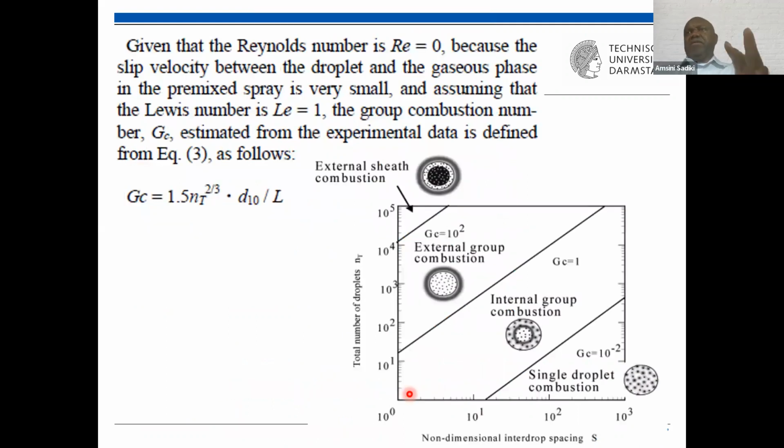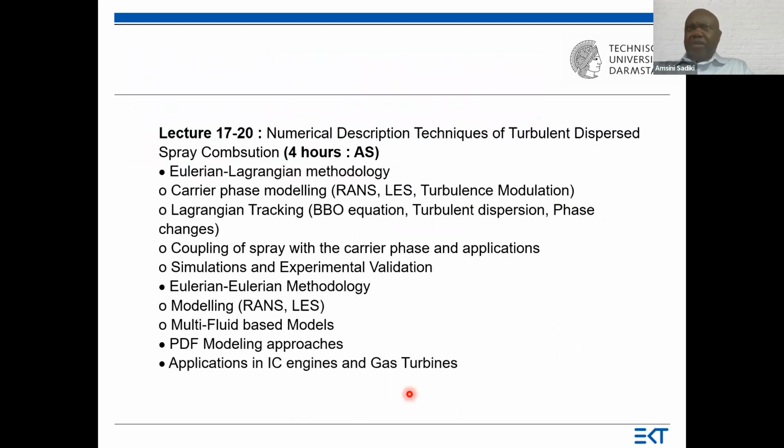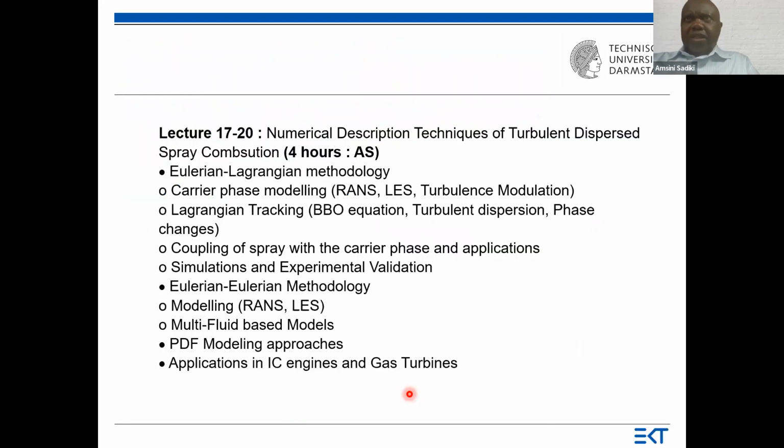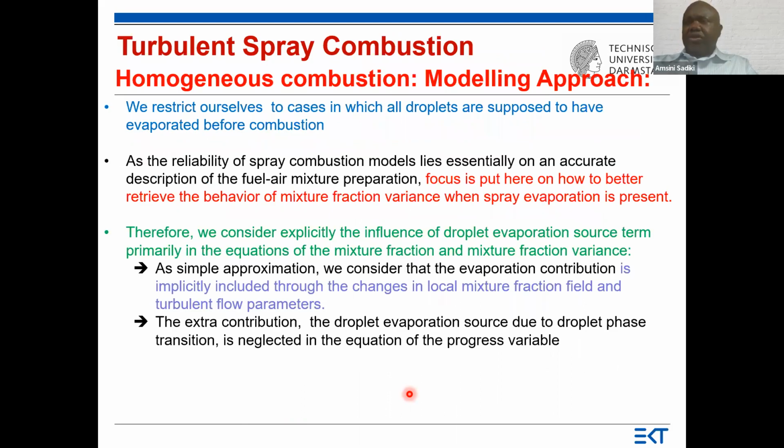We can put it in a non-dimensional interdrop spacing regime diagram, and we have this in this form. We didn't carry out different validation of this model, but I think this will be done in the future. So this is the first part, and we will now